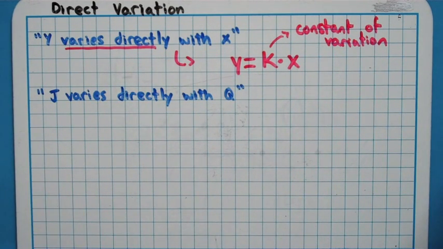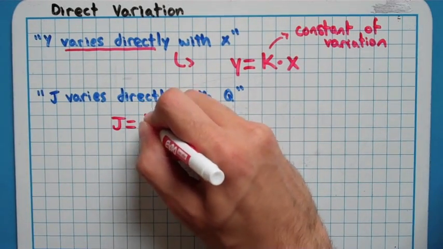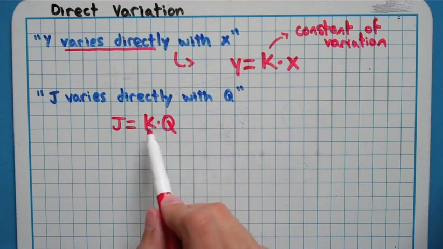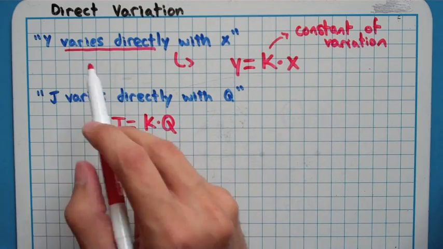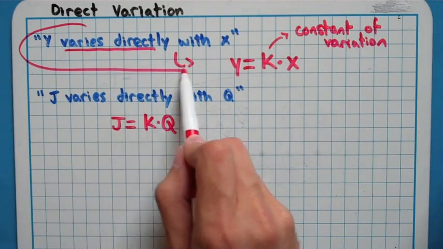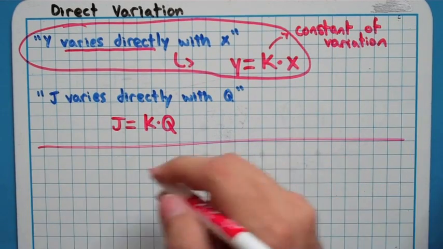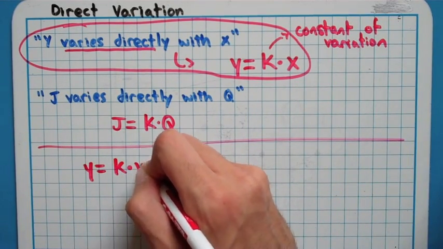If it was j varies directly with q, the way you would write that as an equation is j equals k times q. The one that varies directly is by itself, and then the other two right here are being multiplied. That's just kind of a side note on that one. The one I really care about, though, is this first one here. So when we're looking at the equation y equals k times x,